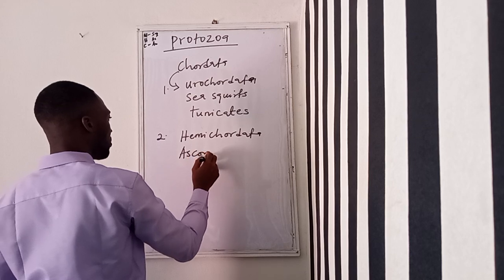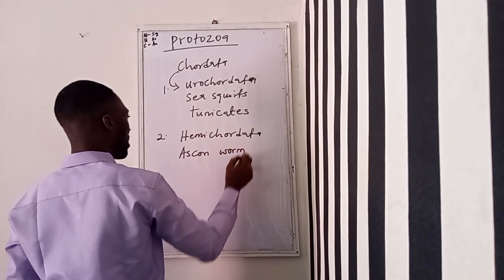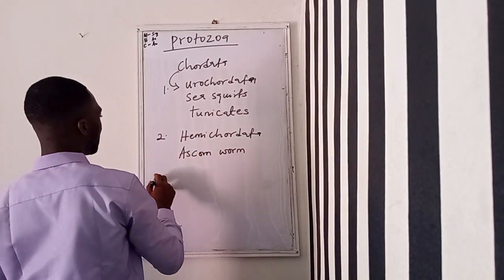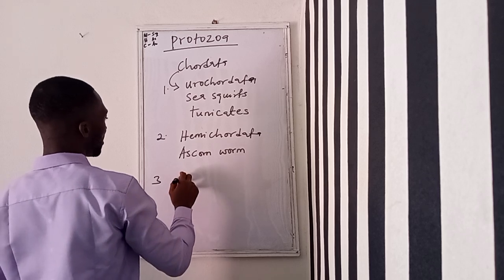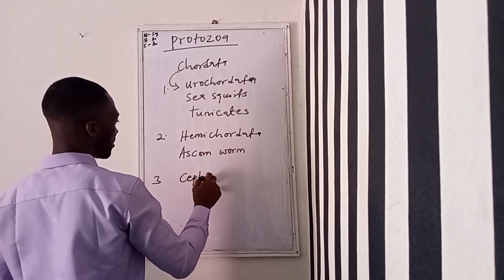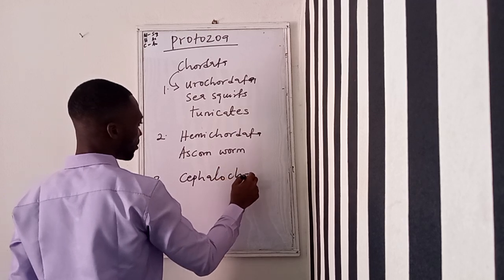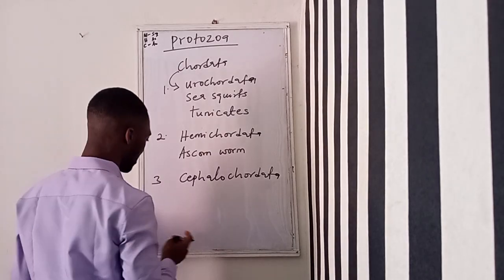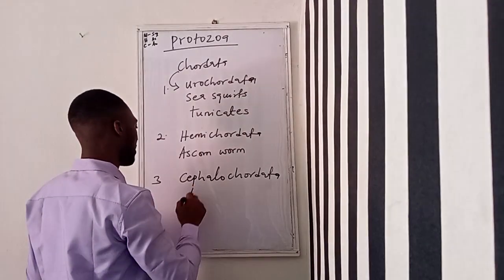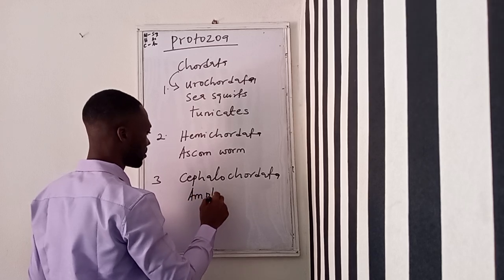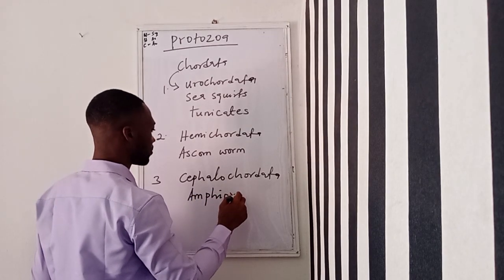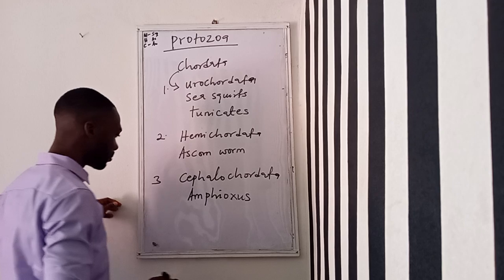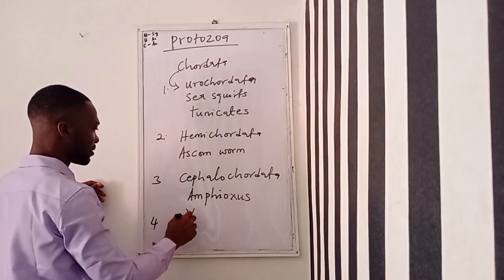We'll have the acorn worm. Then we'll have the third one, which is Cephalochordata. This is where I have the amphioxus, amphioxus. Then I have the fourth one, which is